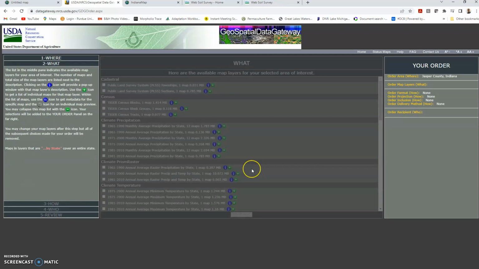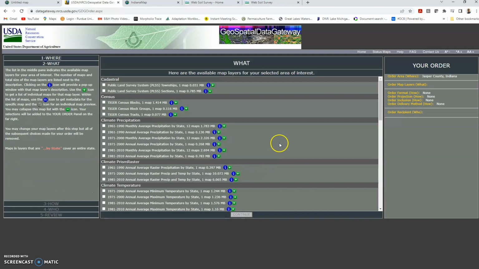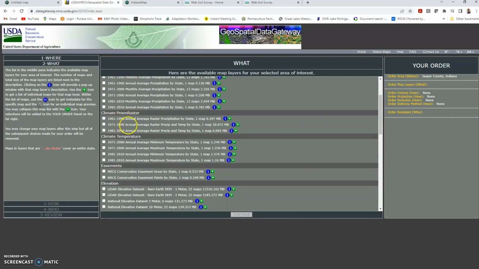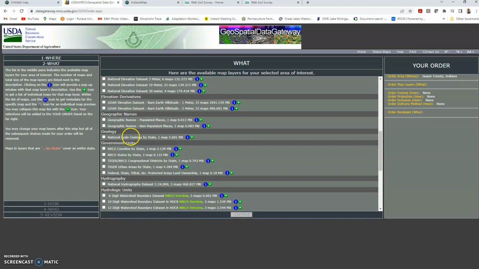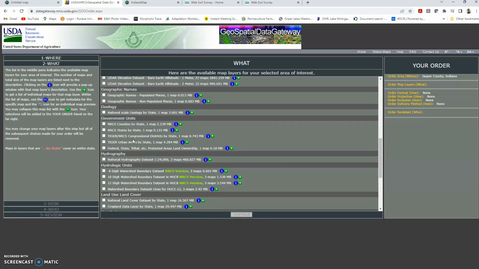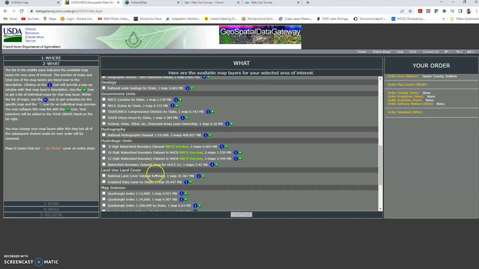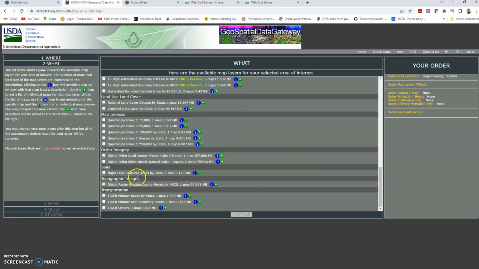Once I've got that, I go ahead and hit this information. What it actually drops me into is some basic information about the census, climate data, and lands that have been preserved for wildlife habitat. You can also get elevation data sets here, place names, important locations, and you get down to water and watersheds and land cover information. These are different aerial photographs that we can bring down and use in our projects,